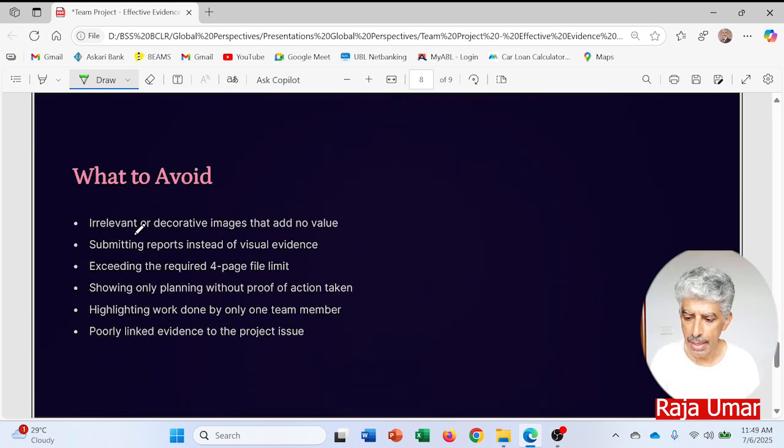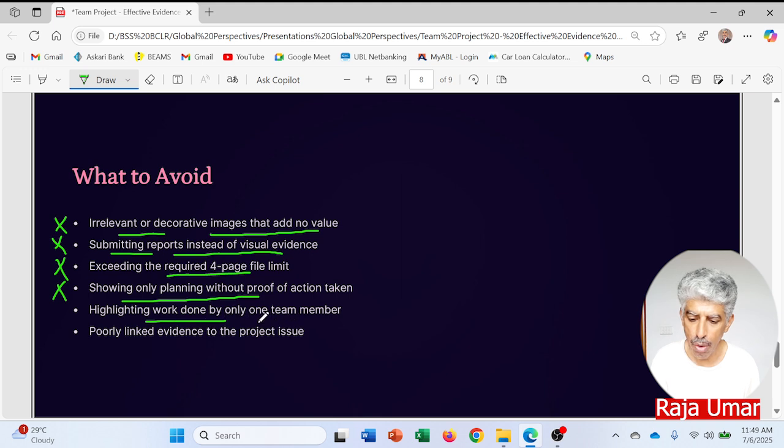What to avoid? Irrelevant or decorative images that add no value. Submitting reports instead of visual evidence. Exceeding the required 4-page limit. Showing only planning without proof of action taken.